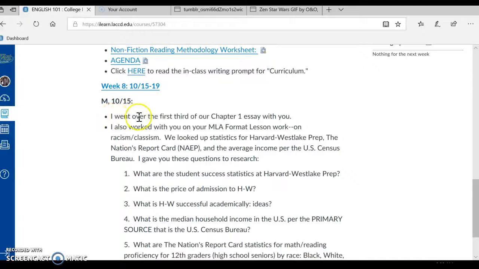First, I went over the first third of our Chapter 1 essay with you. We worked on transitions together. I also worked with you on your MLA format lesson work on racism and classism, which we're working on now